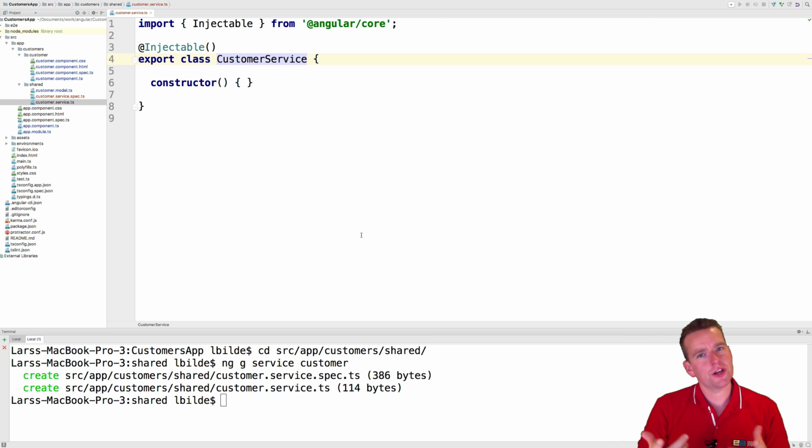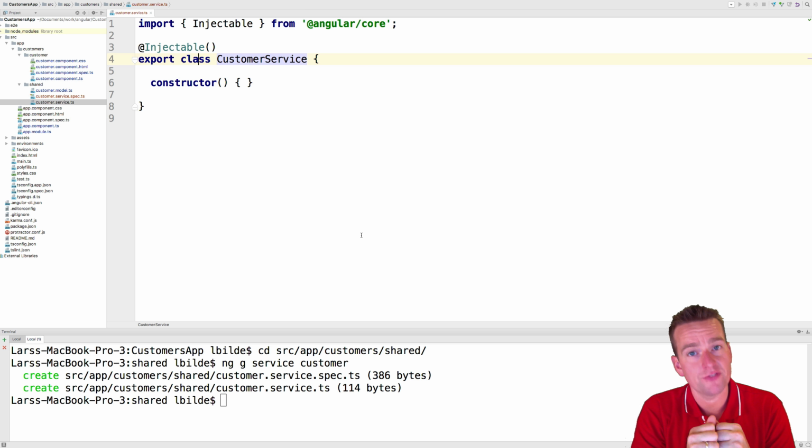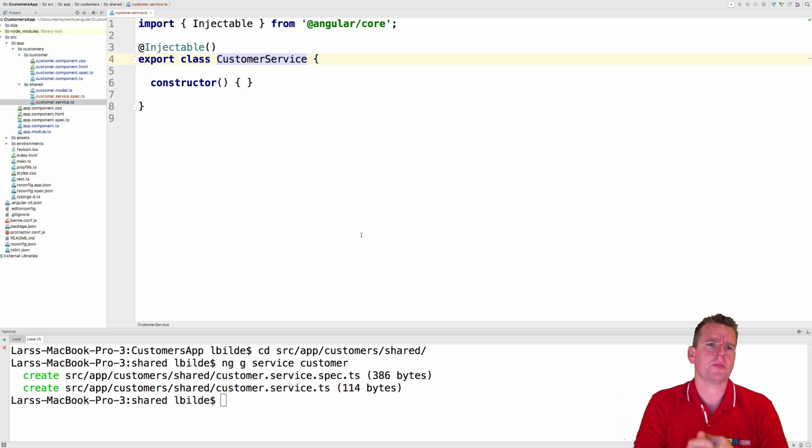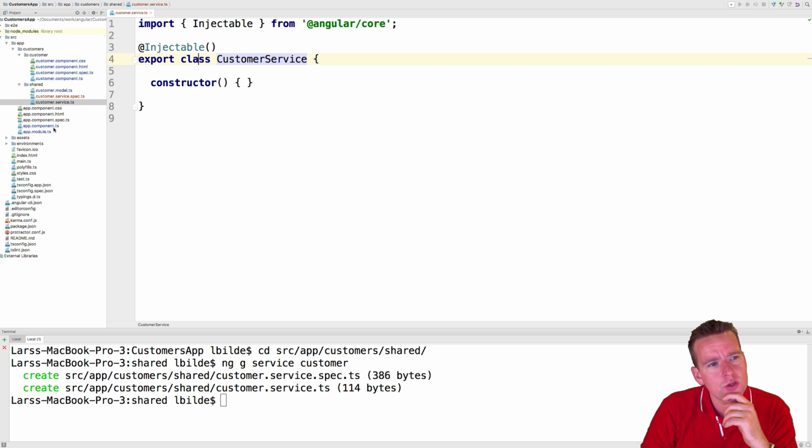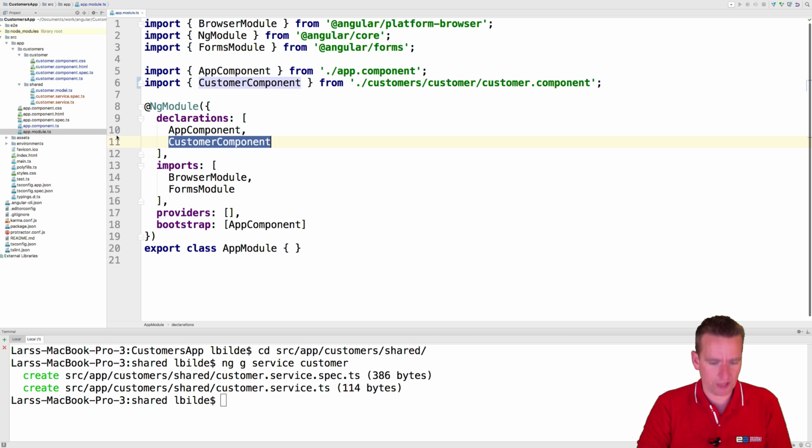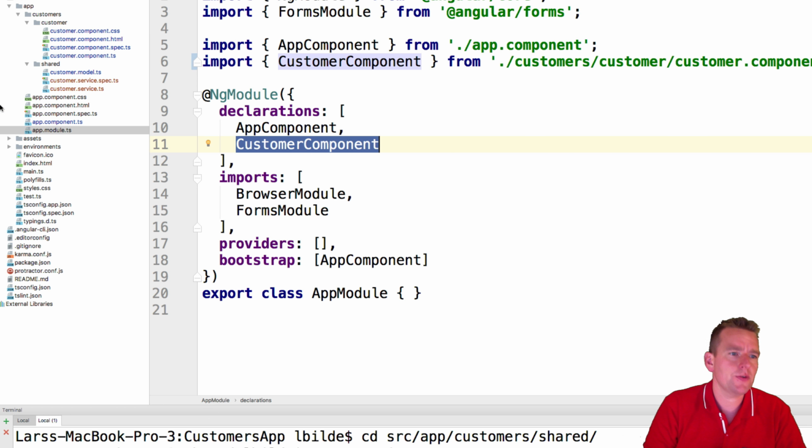So to start using the hero service, we have to explain to our application that that service is available. We need to explain to it that we want to be able to dependency inject it. We need to explain to the system that we actually have it available. So in this lesson, going to our app module down here, the file right here, the app module